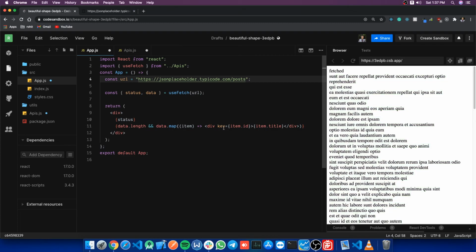And I have given every div a unique ID because React requires a unique ID so that it can track all these things. Like if you change anything on line number 6 like this, how will React know that it was this item if it doesn't get a unique ID? So you have to always give a unique ID whenever you are using the map function.